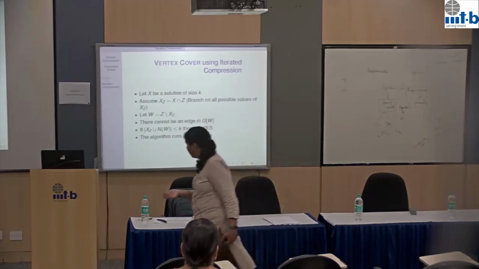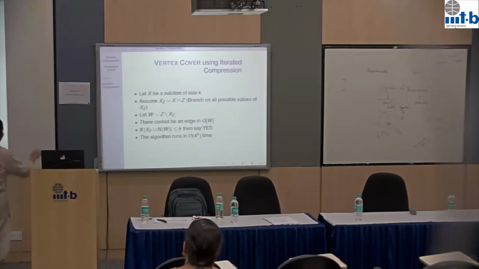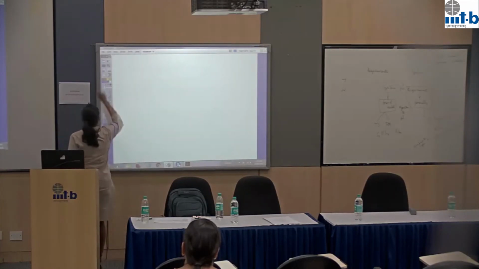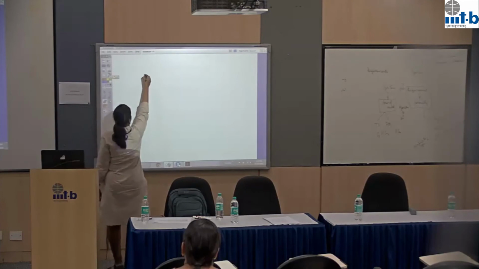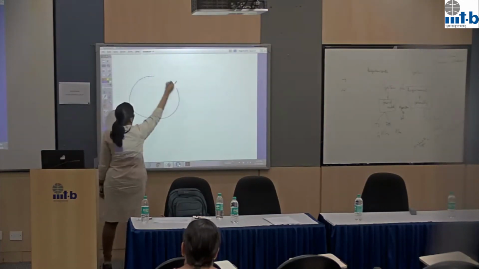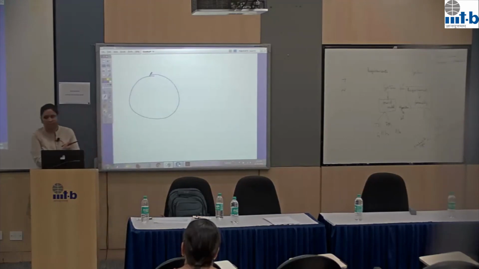So this is where the iterated part comes. We have seen compression. So this is my graph. I don't know how to get a k plus 1 sized vertex cover for this, but